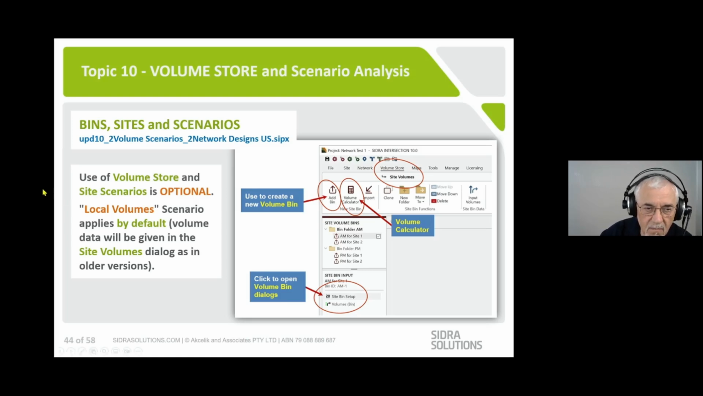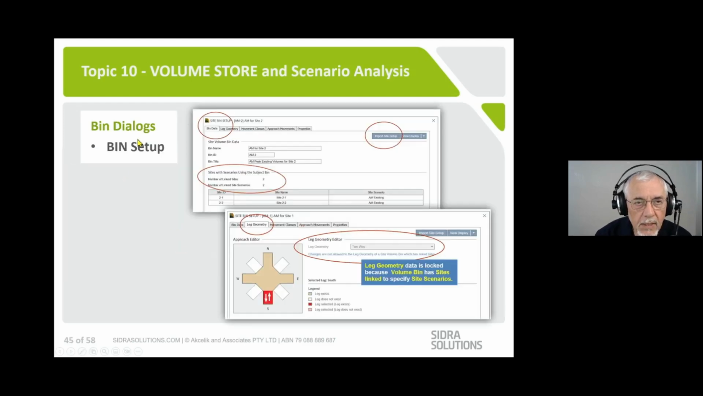But there is a default scenario name given to what we have been doing, which is local volumes, local to the site. It's given in the site dialog. So that's the default. If you don't use the volume store, you use that one. In the volume store, there are bins. For each bin, there are 2 dialogs only. One is a bin setup, which works like giving a name to the bin and an ID to the bin, and that also has to be unique. And if sites are linked to this bin, or it's a 2-way, whichever way you express that,